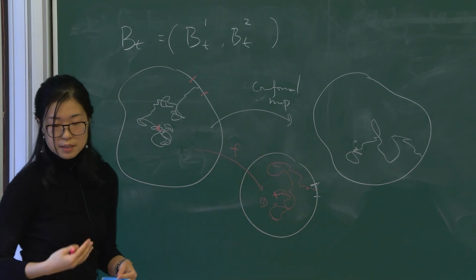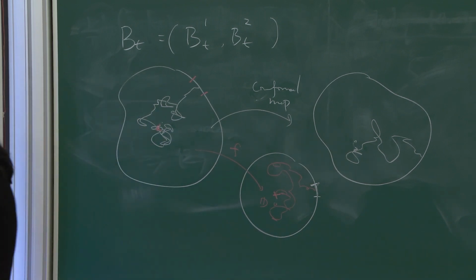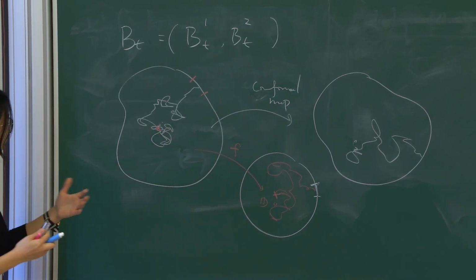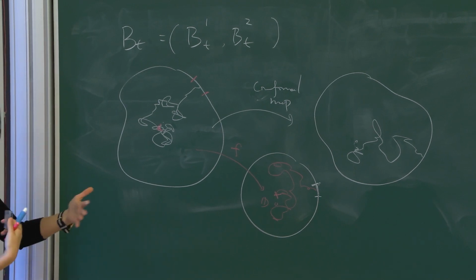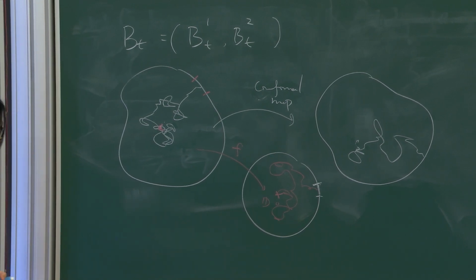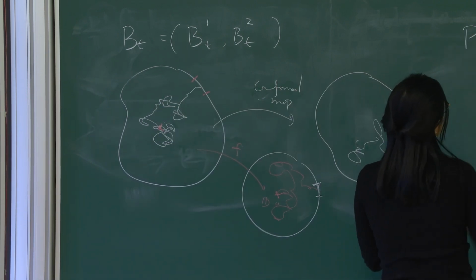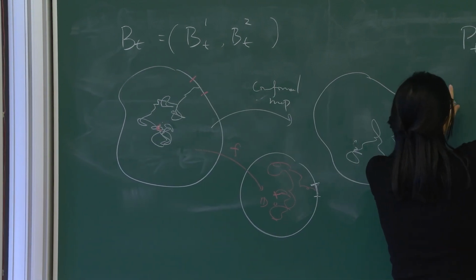So here you translate some objects from complex analysis, like the harmonic measure, into a probabilistic interpretation. Another example is the heat kernel,